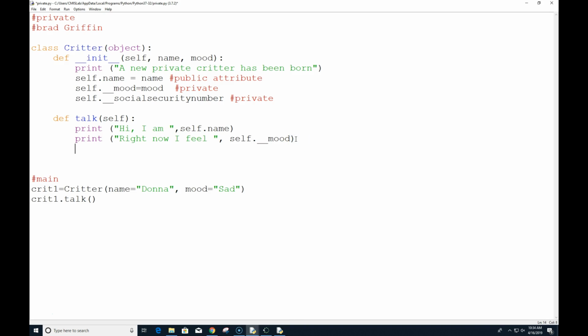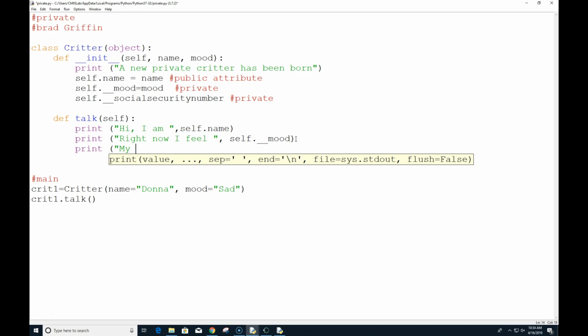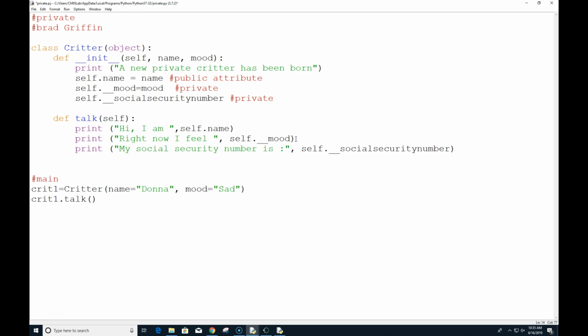So I could do print my social number is Social Security. And you could do it that way and suddenly pass that out.